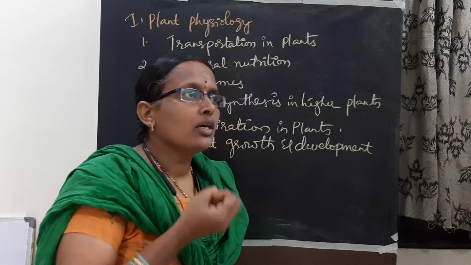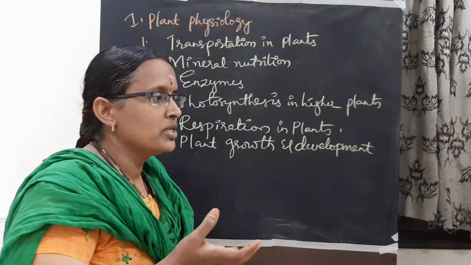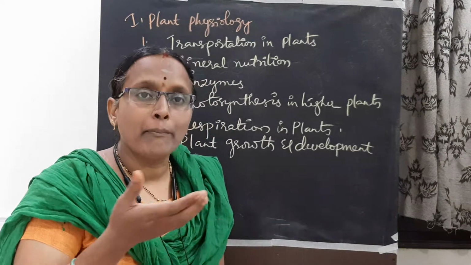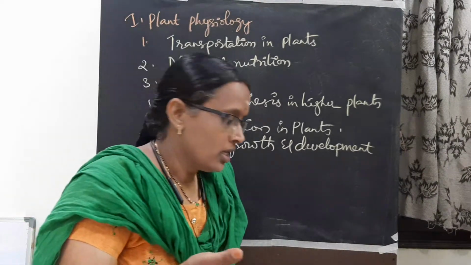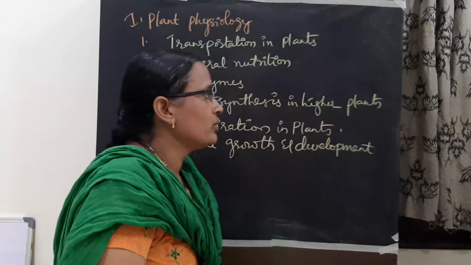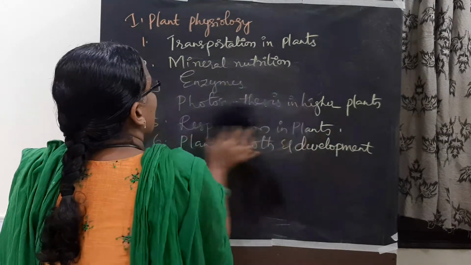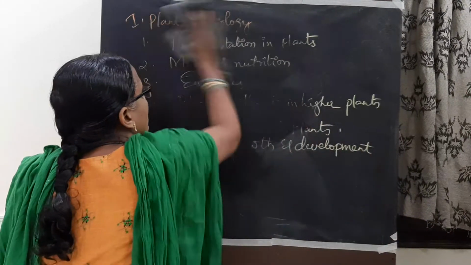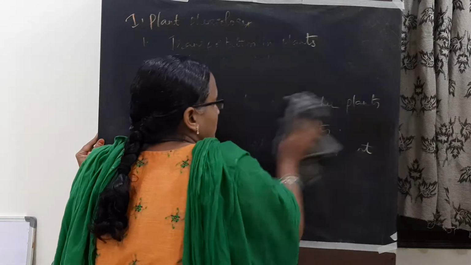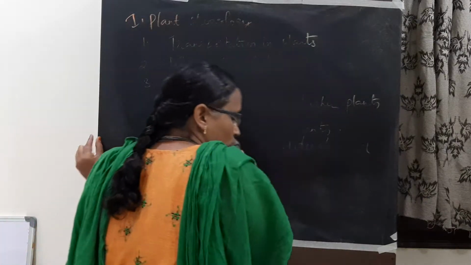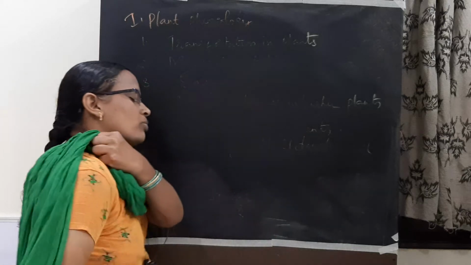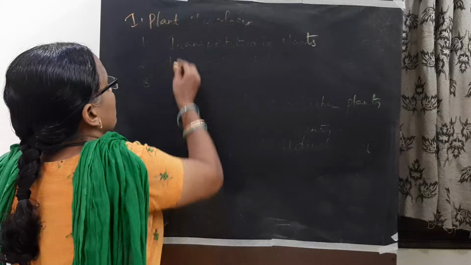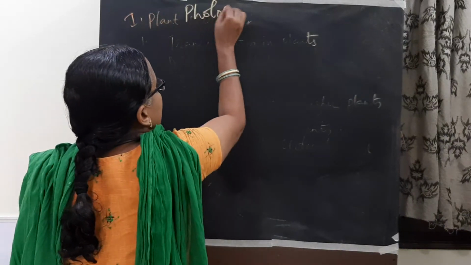Before this we only have general information. In detail we are going to know how these processes happen in the plant body. So I am going to start with the photosynthesis process. We have some information, such as the chloroplast being the site of photosynthesis. So we are going to start photosynthesis.